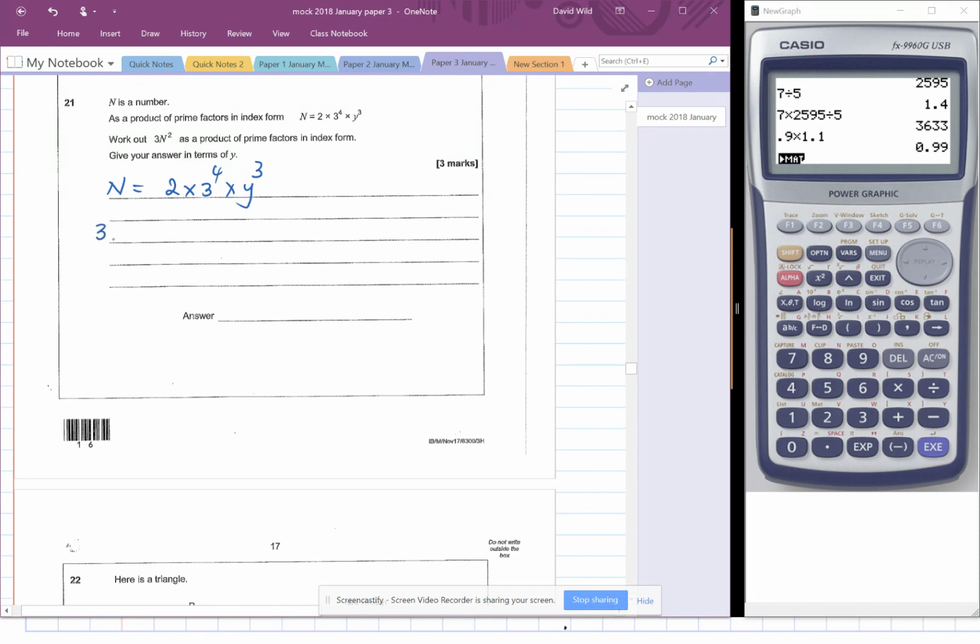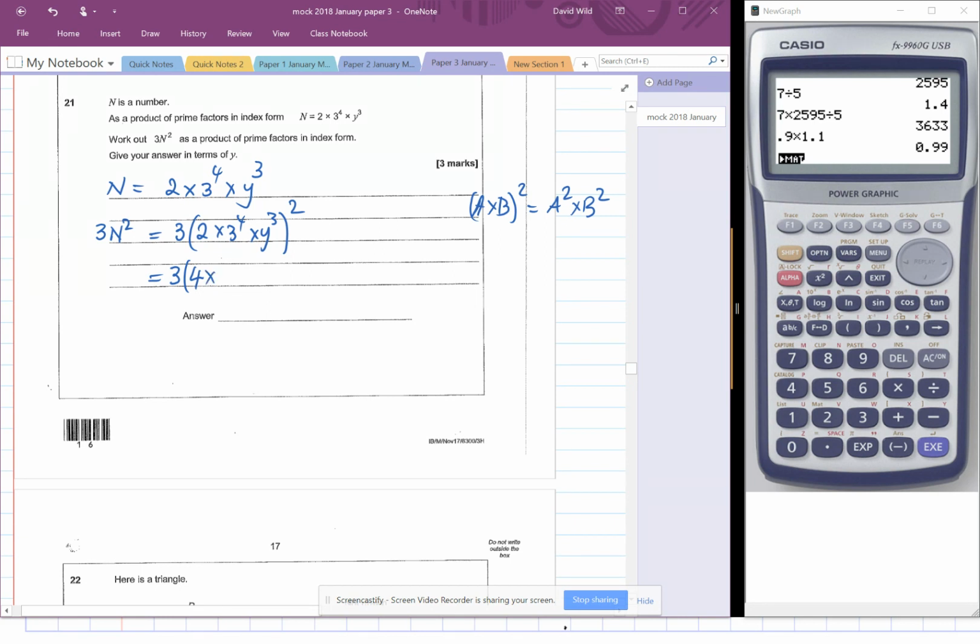So 3 lots of n squared is the same as 3 lots of n, which is 2 times 3 to the 4 times y cubed, squared. And remember, when we're squaring a product, for example A times B squared, we square each individual one. This is the same as A squared times B squared. It's the same with 3 things, so A times B times C all squared is A squared, B squared, C squared. So this is 3 lots of, we square 2 squared, which is 4,